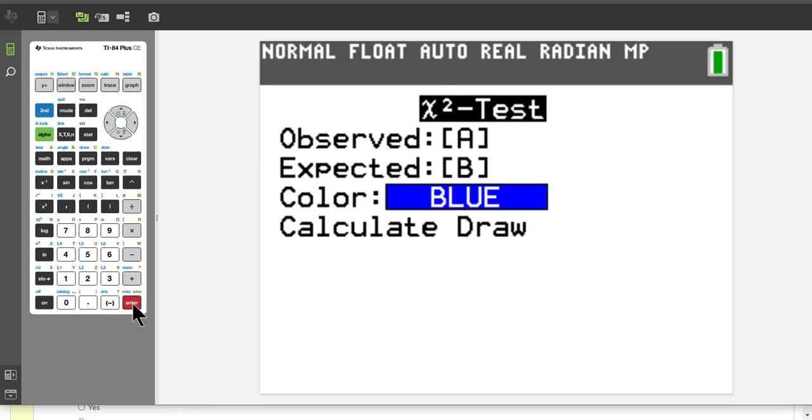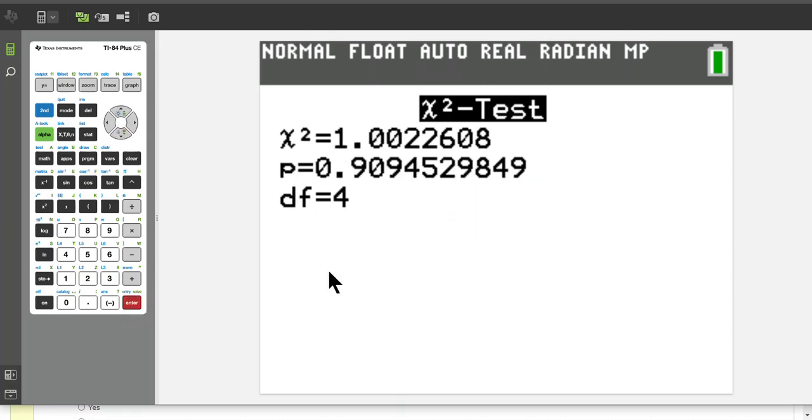and we have two places here. We have an observed and we have an expected. We only fill in the observed. The calculator itself calculates the numbers for the expected, and it stores that in B. So we leave B alone. The calculator will fill in B for us. And if that's information we needed, we would go back to the matrix menu and look at B for that information. But for this problem, we don't need that information. So then I go down to calculate and hit enter, and it tells me what my chi-squared value is and